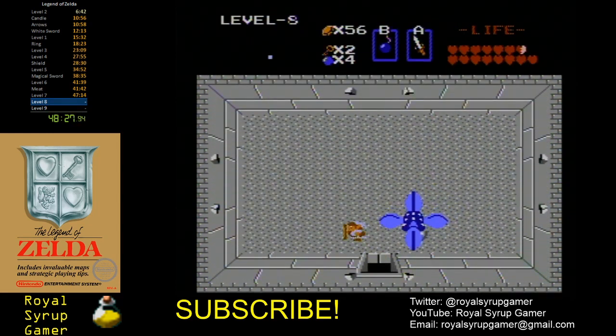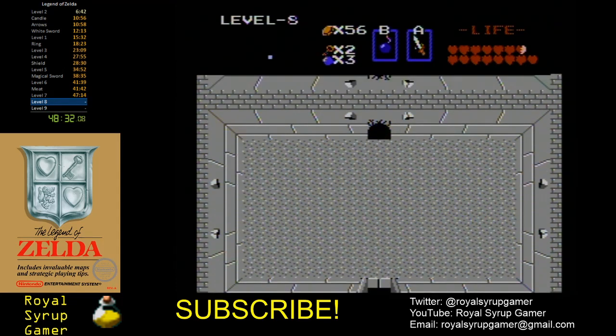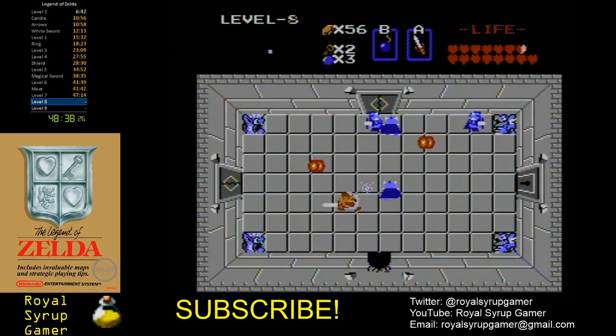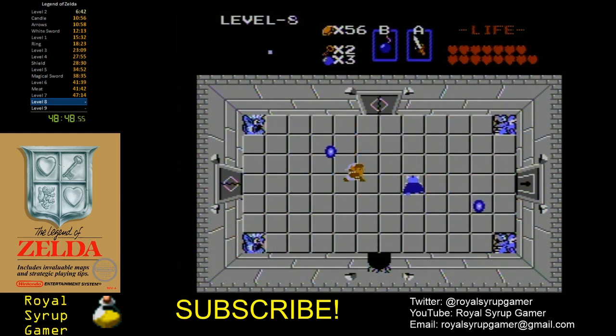So go straight up, ignore Manhandla, bomb up. It's really just going straight up this whole time, and then defeating whatever's in your way and just going up for a while. There's a little slowdown there. These blue dark nuts are only 2 hits now. They're really fast, but they're not tough. Especially if you have the, I got hit there. If you have the